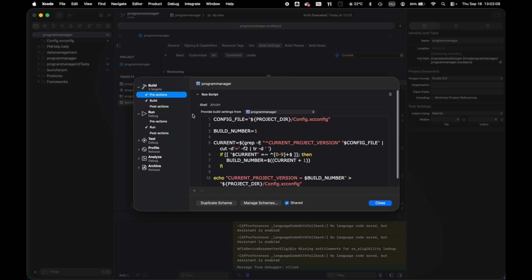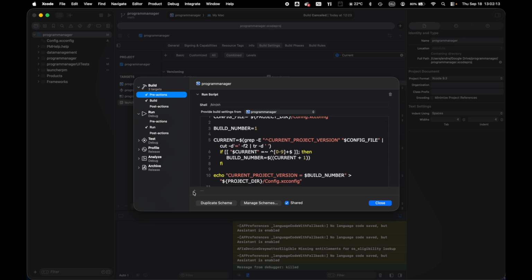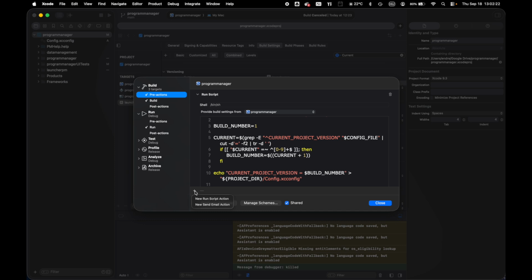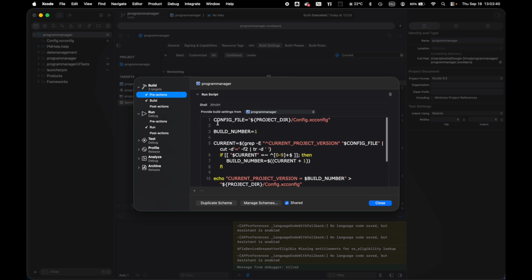If you don't have any pre-action before, you can start by pressing this button here, because typically this pre-action page is empty, and then when you click on this one, you can select if you want to have a script action or send an email action. I don't know why we should send an email action, but anyway, I set up the run script action, and then you will get an empty script here with this shell, which shell will be run by the script, and this provide build settings from